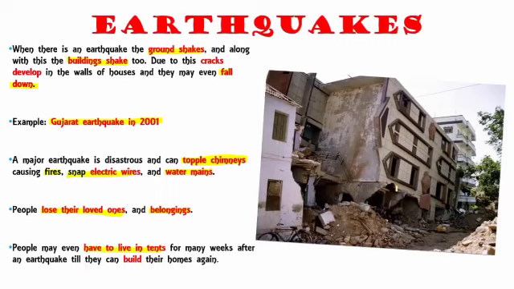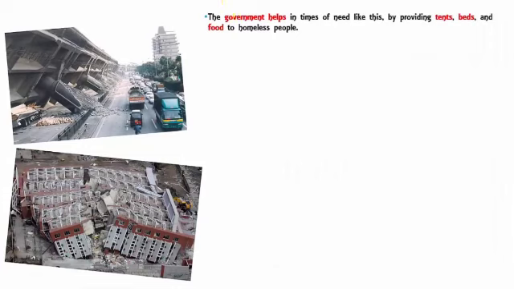So as you can see in this picture, if there was somebody living inside this house, they have pretty much lost everything that they call home, because their entire home is devastated, and before they can build another home, they have to live in tents and manage with what they have, which is a pretty sad state. Now, the government does its bit to help the people in need. They help by providing tents, beds, and food to the homeless people who have suffered due to an earthquake. And many times the army is called on to help people.